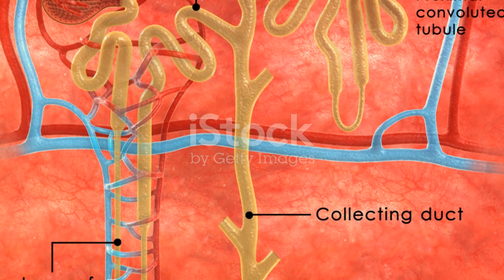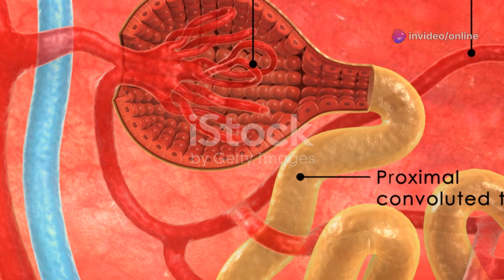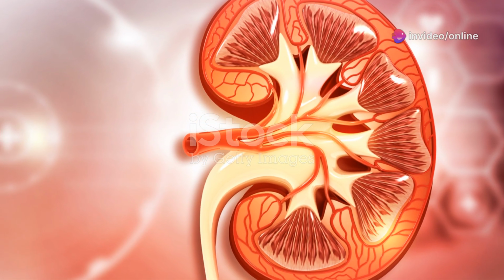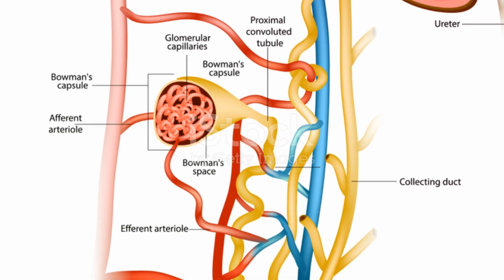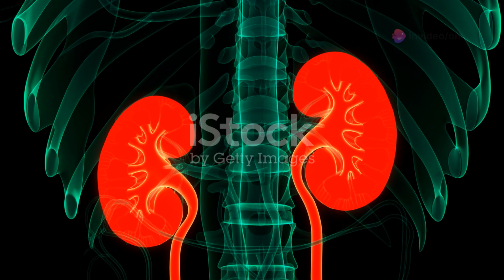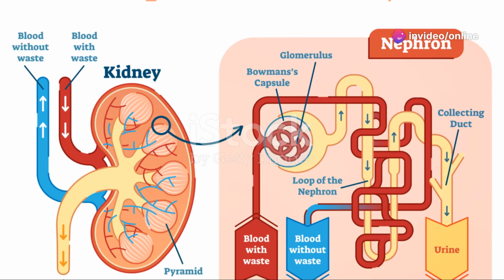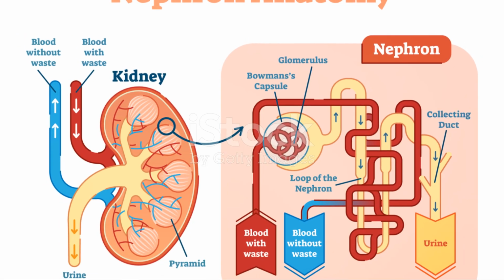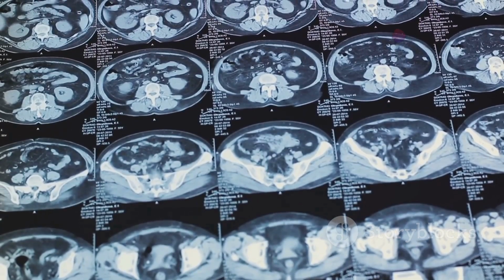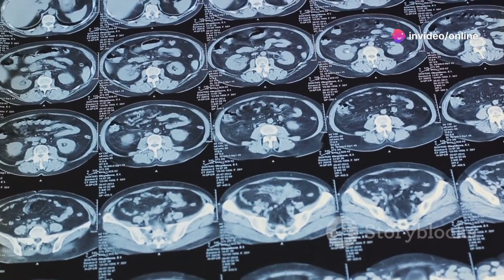The renal tubule is the site where reabsorption and secretion occur. It's a journey through 4 parts: the proximal convoluted tubule, the loop of Henle, the distal convoluted tubule, and finally, the collecting duct. Each part plays a specific role in reabsorbing water, glucose, amino acids, and salts, adjusting the concentration of urine and facilitating the selective reabsorption of ions and secretion of others. In essence, the nephron is a marvel of biological engineering, efficiently performing its function while maintaining the delicate balance of